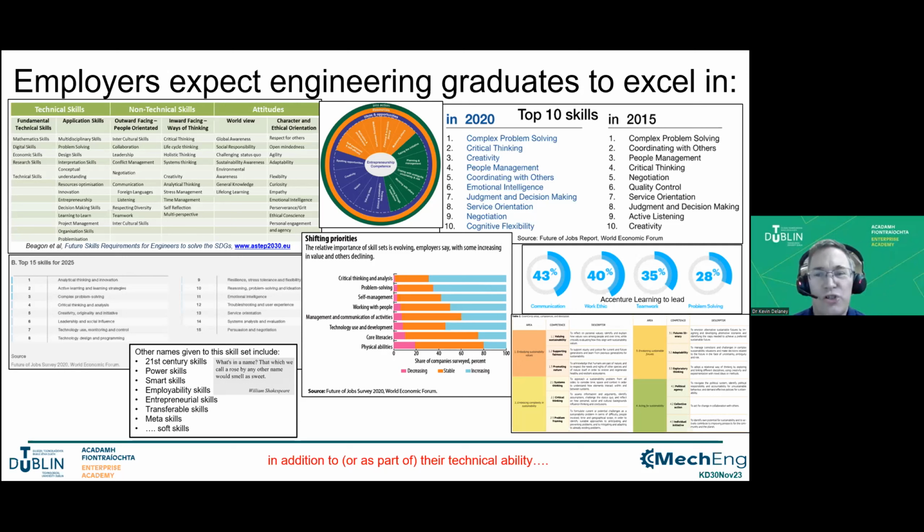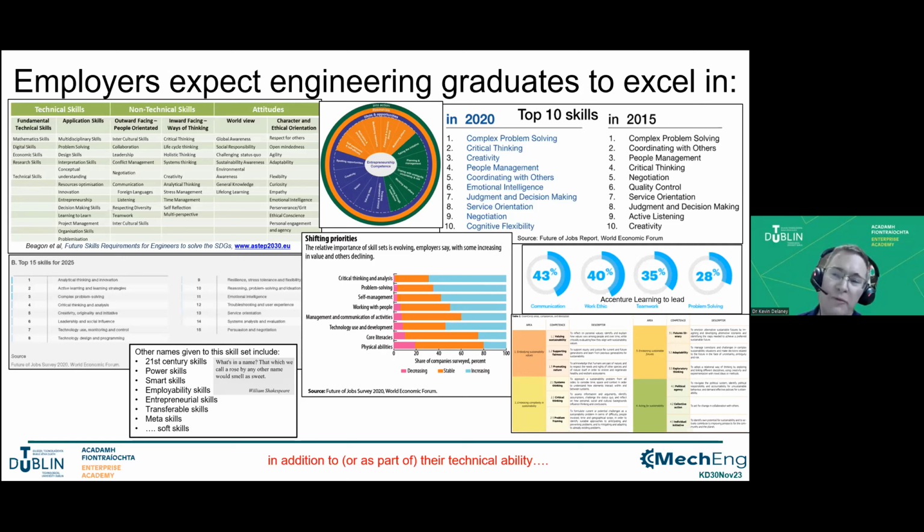So what I've shown here is a selection of screenshots, basically, of the requirements for transferable skills, transversal skills. When you go out, you see that there's a huge number of groups that have defined them. And as Kieran said in his presentation, they're not clearly defined. Different people call them different names, and it can become very, very confusing.